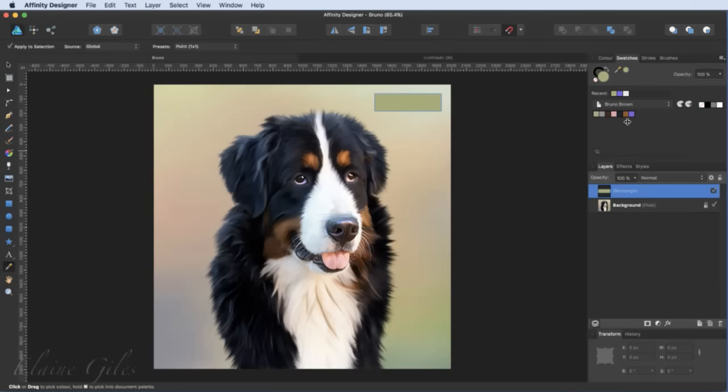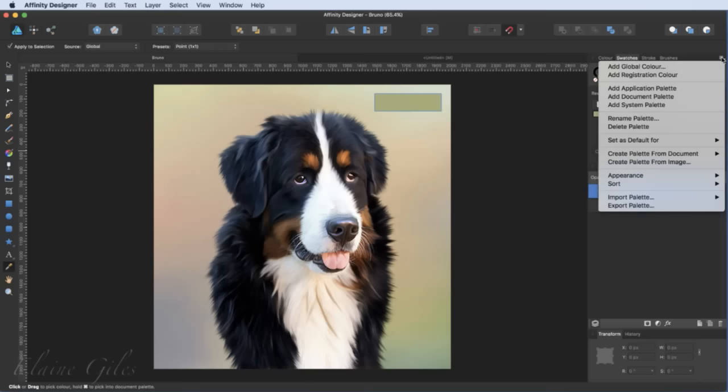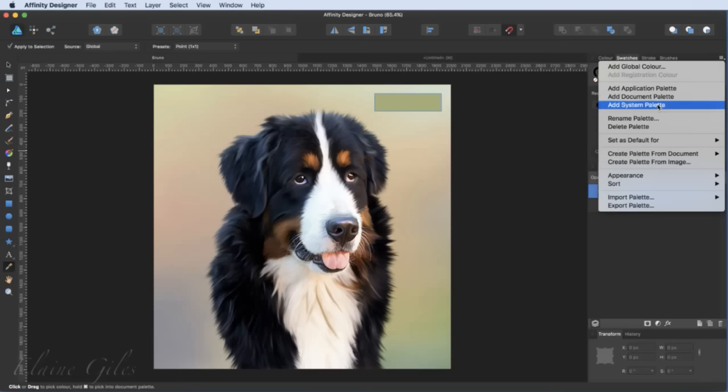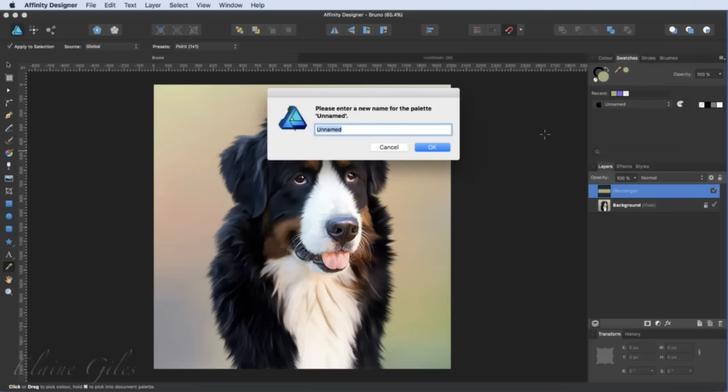So at the moment, we've got the Bruno Brown document palette. Let's go and make a different type of palette. So go up here, and this time I'm going to add a system palette. And I don't have a system palette called Bruno Brown. I have one called Bruno. Please ignore that, it was a previous demo. And it probably has different colours in it anyway. So I'll go in and I will rename this, and hopefully it won't create problems when I name it Bruno